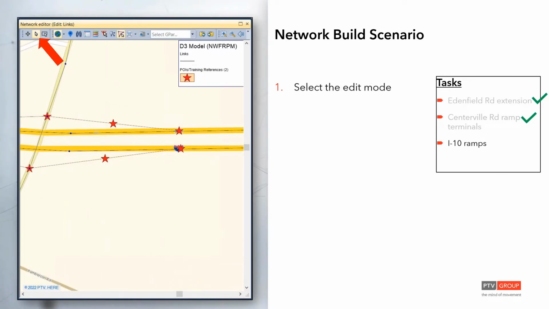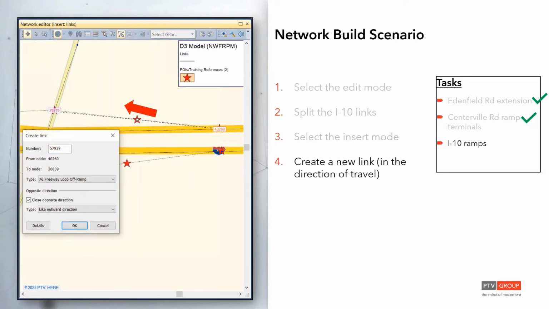And then we're going to edit some existing links on the freeway and do just like we did before. And we're going to split the freeway to create an opportunity for off-ramps and on-ramps. And we're going to create the ramp terminals. Now, in terms of this,